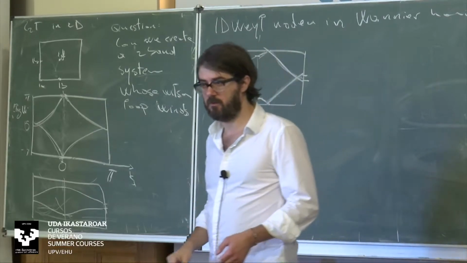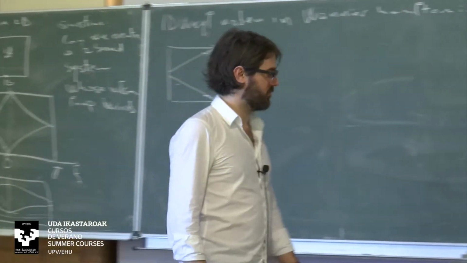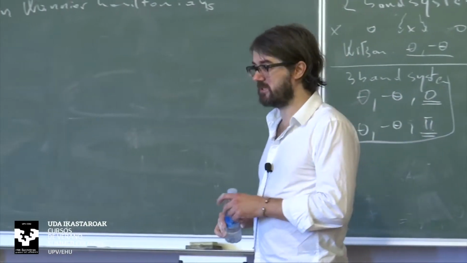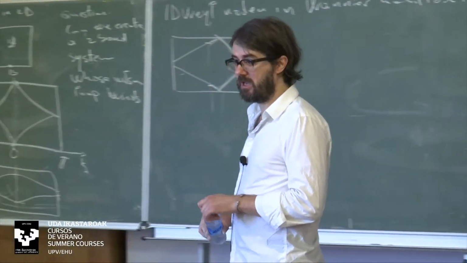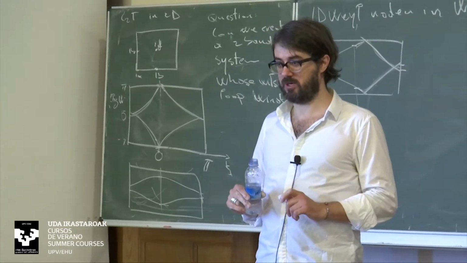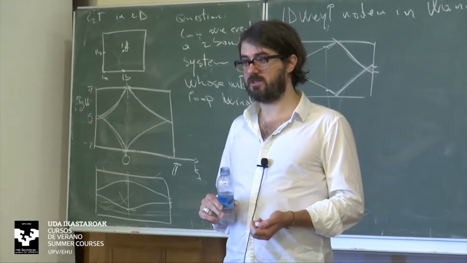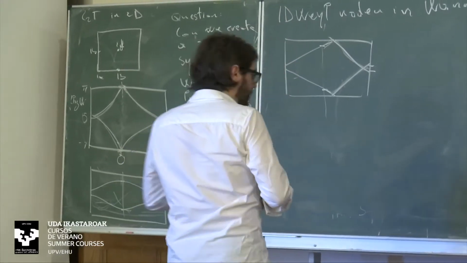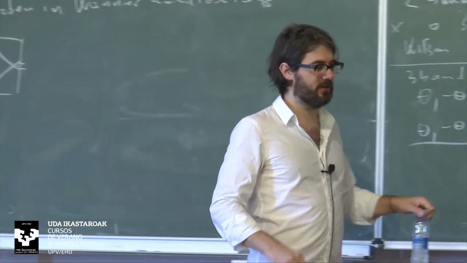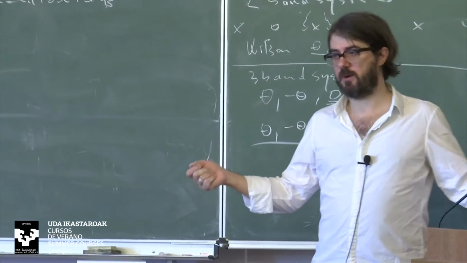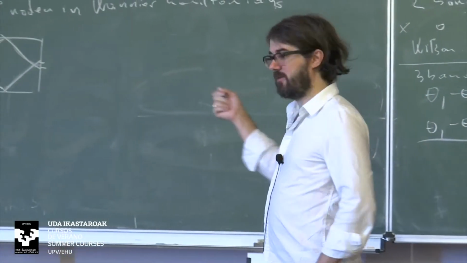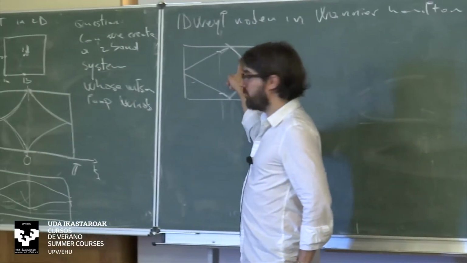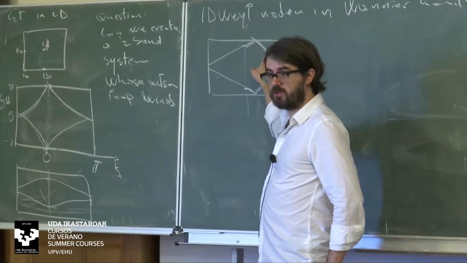Yes? So you're talking about the crossings on the top and the bottom? I'm only talking about crossings at Wilson eigenvalue pi and 0. Those are the only ones that are protected. Why? Because C2 times T takes what eigenvalues into what eigenvalues. C2 times T takes Wilson loop eigenvalues theta into minus theta. So if I had a crossing here, there would be no symmetry that it would take